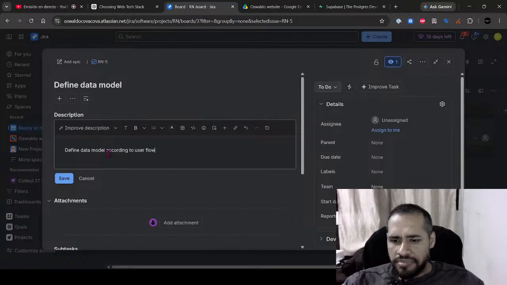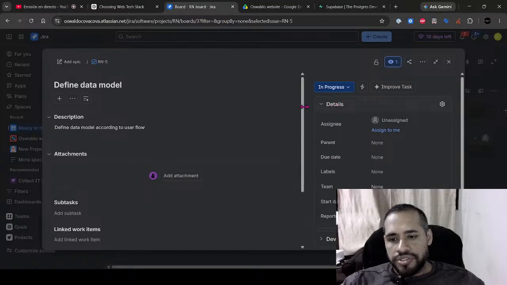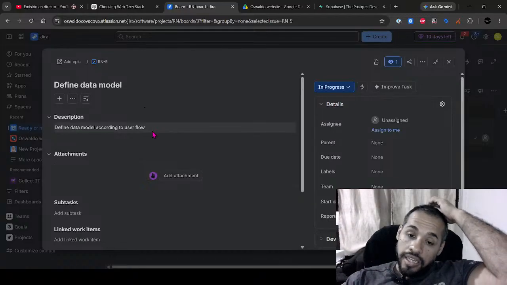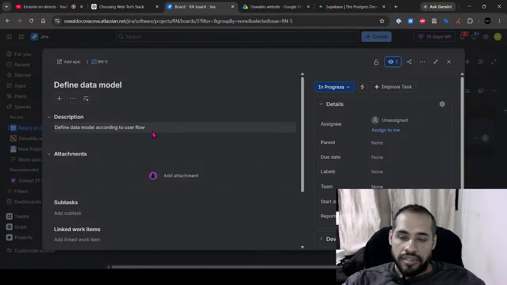It's going to be a very brief description. If you are creating tickets for a developer, you should add the acceptance criteria and all the details. But as we are developing the whole thing, it's not necessary. But I think I'm going to add all the information here.